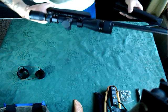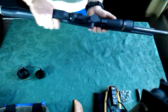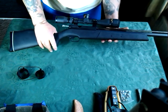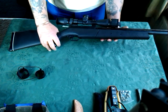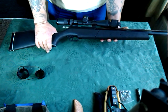You have to pump it, but the thing is there's less to go wrong with it because all there is inside is a couple of O-rings. So if you're a bit of a prepper, and you chuck a few O-rings in the box of spares, there shouldn't be much to go wrong. If you've got a spring rifle and your spring breaks, well, I suppose you'll have to carry a few spare springs. Or if you've got these